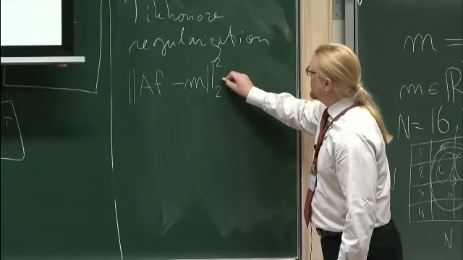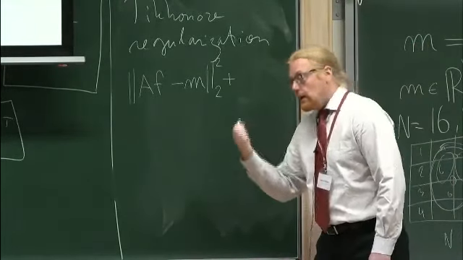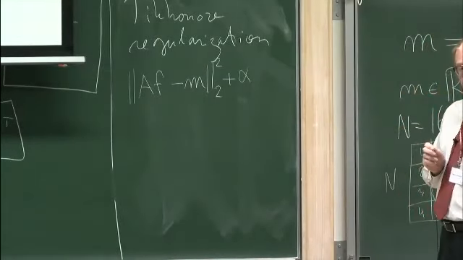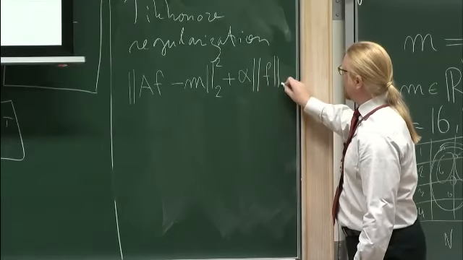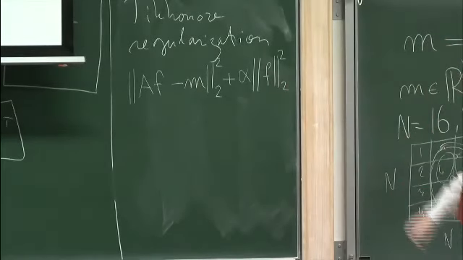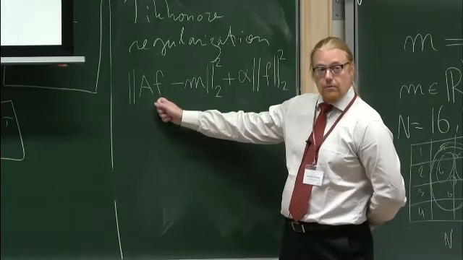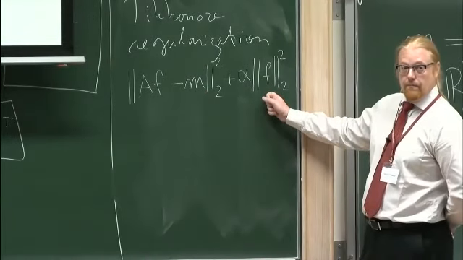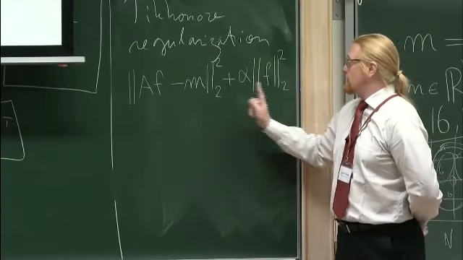So following a great intuition of Master Tikhonov, we add another requirement. We have some regularization parameter alpha, a positive number, and we require that f itself shouldn't be too large. So this is like a penalty functional. We are giving two kinds of penalty to f. We penalize f if it gives the wrong kind of measurements, then this number will be big. And we penalize f for being too large. And we sum up these two penalties,